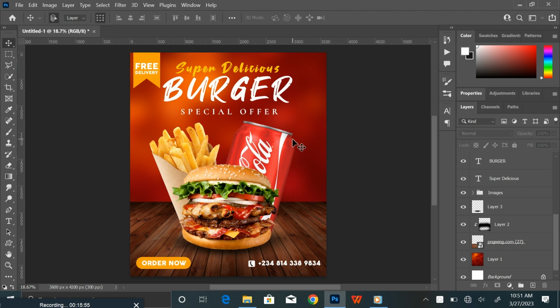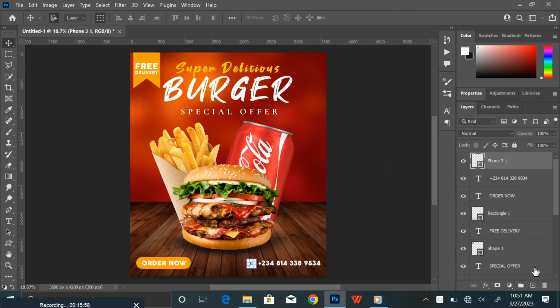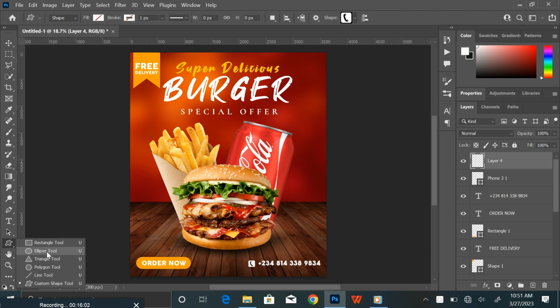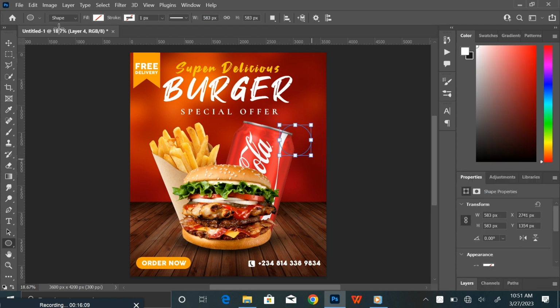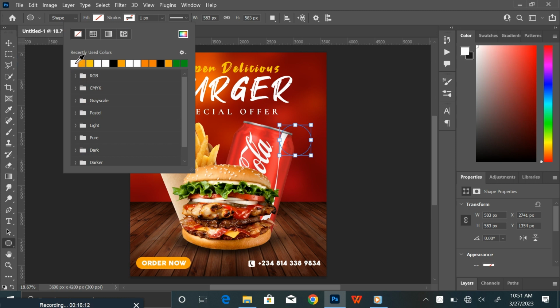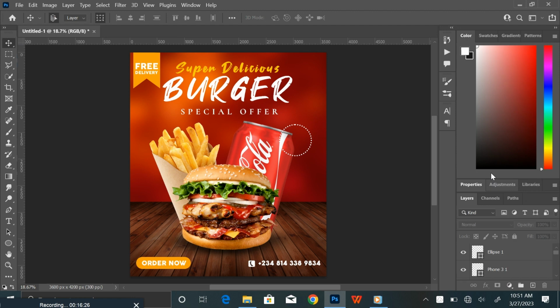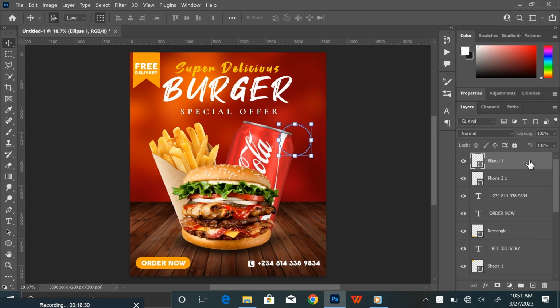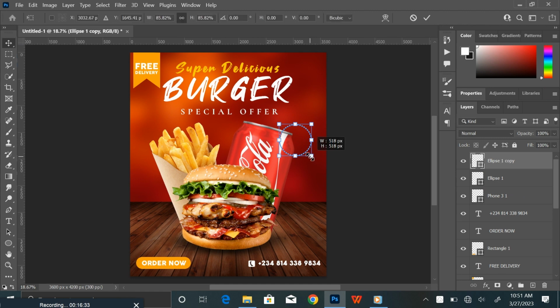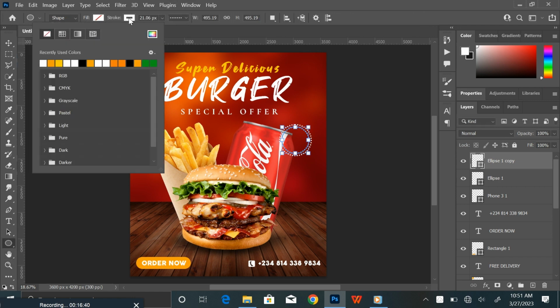Okay, so the next we are going to do, we are going to add a price tag on it. To do that, create a new layer. Now select this ellipse tool shape, hold your Shift, then draw, then go to stroke and select white, then change the line to this, now increase it. Now Ctrl J to duplicate, hold your Alt key, then reduce it, then select the tool back, then stroke, then fill with this color,